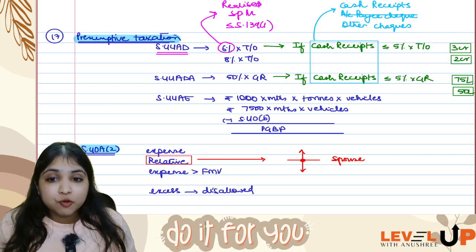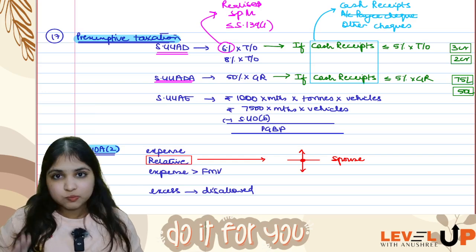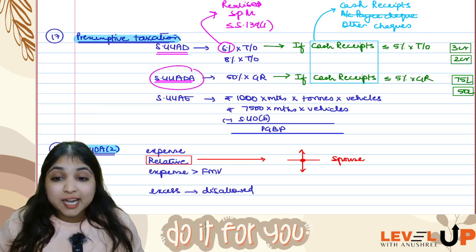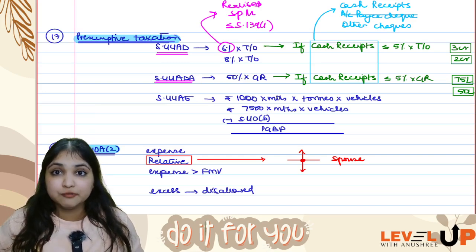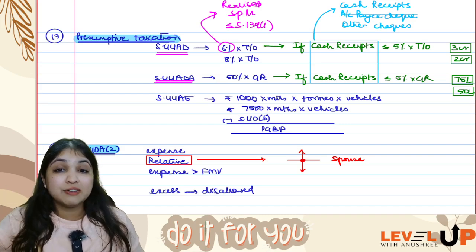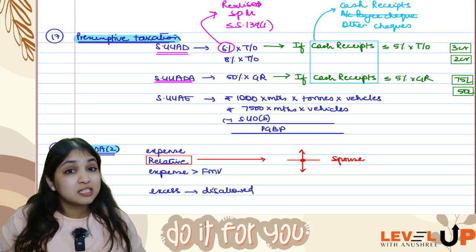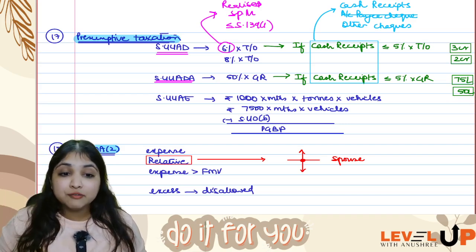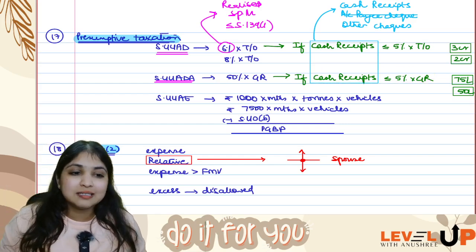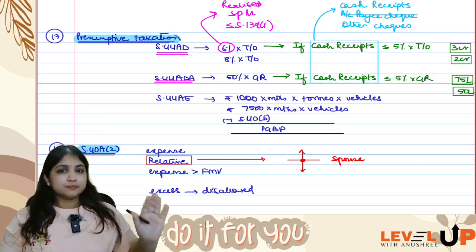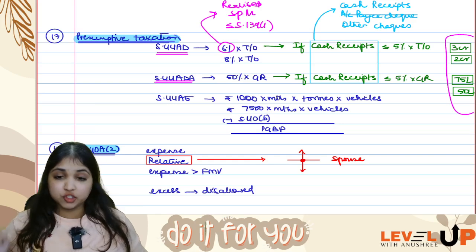Now coming to 44ADA. In 44ADA, very simple, 50% of the gross receipts will be PGBP. Now 44ADA also will not apply to every assessee. First of all, you must be carrying on a specified profession, and secondly, from that specified profession, your gross receipts have to be within 50 lakhs. This is the general limit. However, if your cash receipts are within 5% of your gross receipts, then in that case, the gross receipts have to be within 75 lakhs. This is extremely important. I hope you've understood.